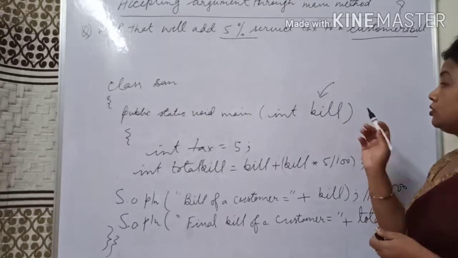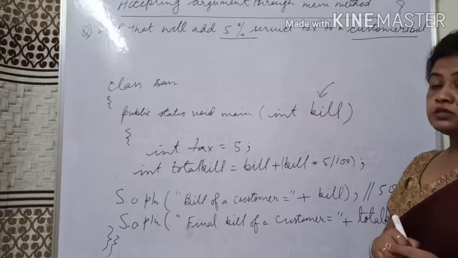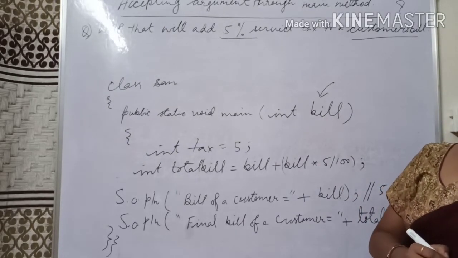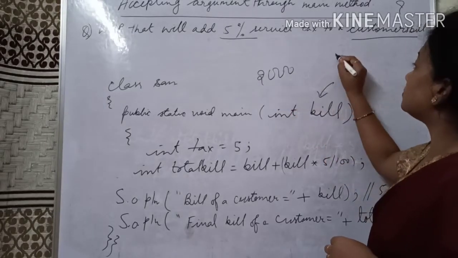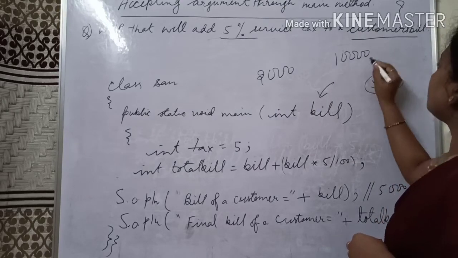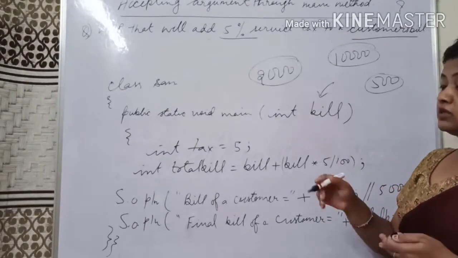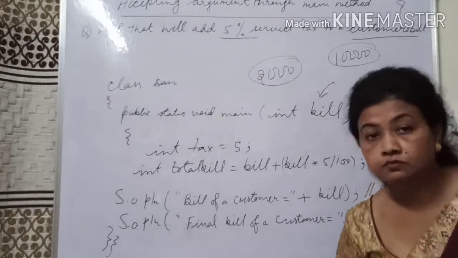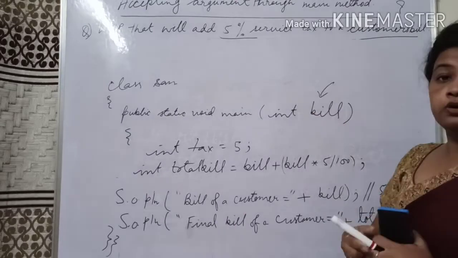So now coming to the user, who is the user and how many types of users are there? You can understand like this. Suppose in a class there are 50 students, then it means 50 different bills will come. Some may enter 2,000 rupees, some may enter 10,000 rupees, some may enter 500 rupees. So as many users, they must be having their own values. It is up to them what value they want to enter, and it depends on them what data type they want.